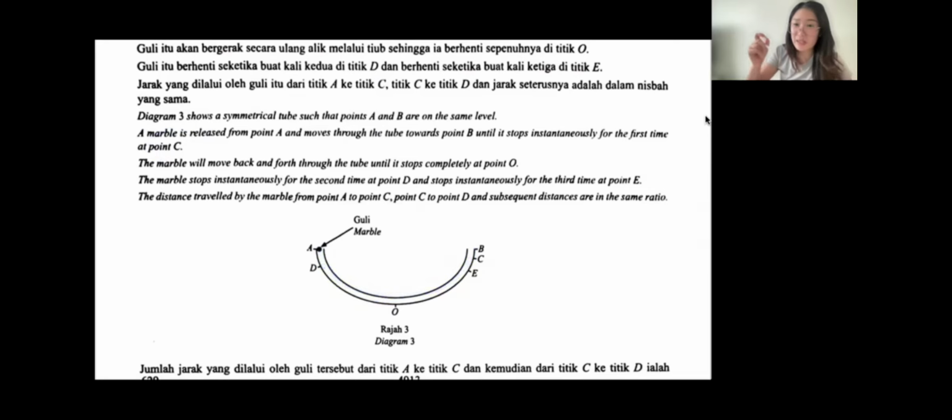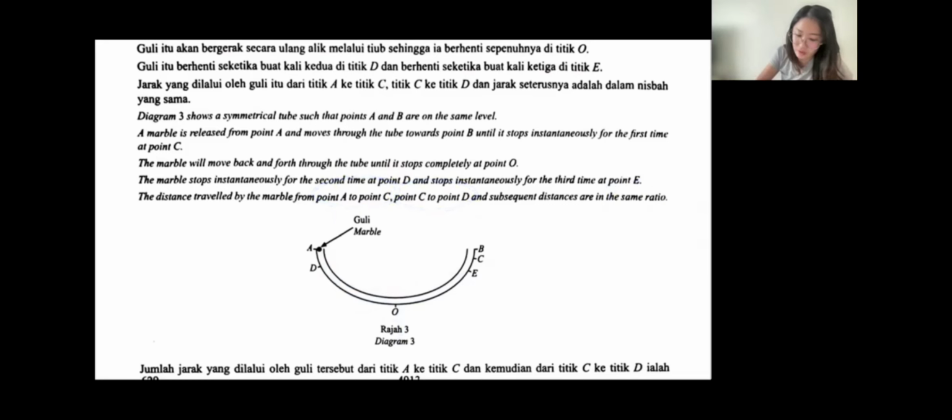Okay, actually it's not stopping lah, just changing direction. You see a stoppage over there. Very, very small stoppage. Okay, then it will go back to E again. Then roll until the end, until you cannot see. Then the marble stops instantaneously for the second time at D and stop instantaneously for the third time at point E. Okay, distance traveled by the marble from point A to C, C to D, and subsequent distance are